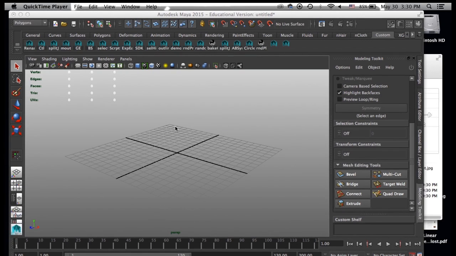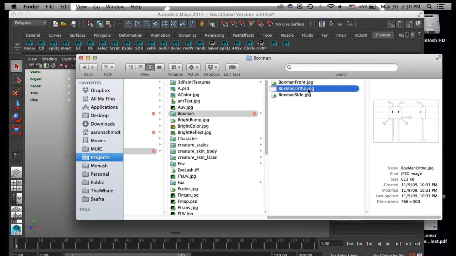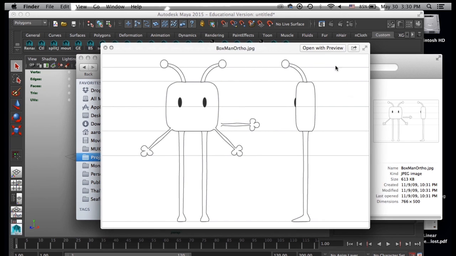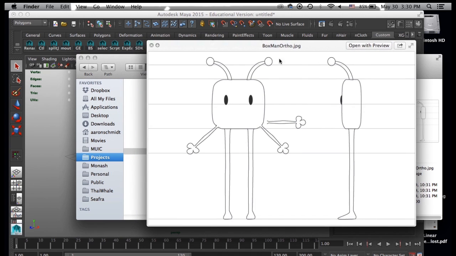So we're going to be looking at organic modeling now. We're going to really just begin with a very simple character. I call him Boxman. What you'll see here is we're going to begin with a plan, which is just a 2D image like this